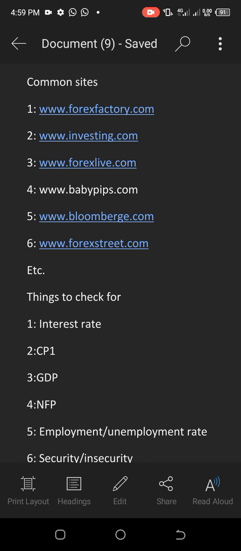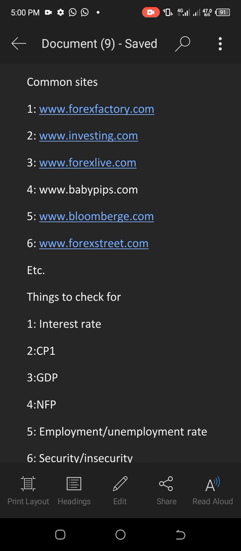Insecurity level there is very high. Would you like to invest? No. And when you run away and you don't invest, what do you think will happen to the economy? Definitely, when insecurity is high, it makes investors lose interest in that economy. And when investors lose interest in that economy, what do you think happens to employment? Employment drops. And when employment drops, it also has an impact on the currency of the economy.